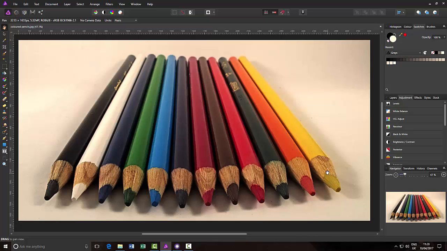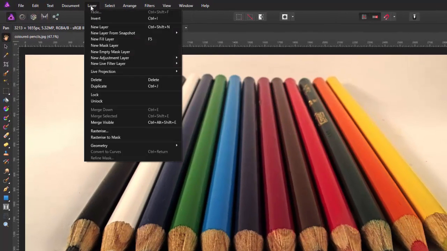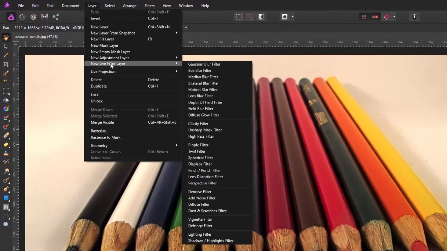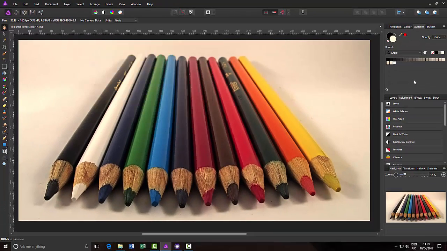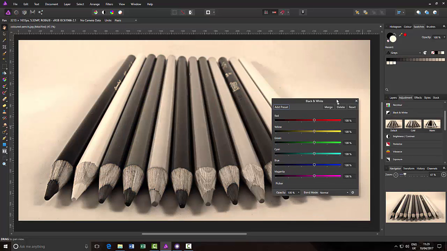Now in Affinity Photo it is slightly different in the sense that you can come to layers and there are new live filters, which doesn't incorporate all the options. There's a fair few here that will do a similar thing, almost like destructively, but non-destructively you've got new adjustment layers down here, or you also have them listed over here. So again, I'm going to come to black and white,